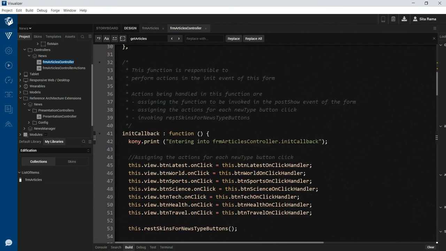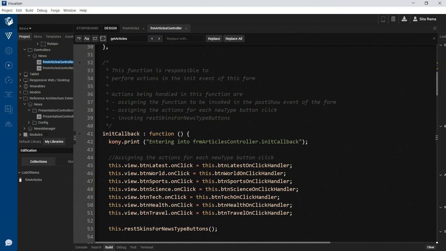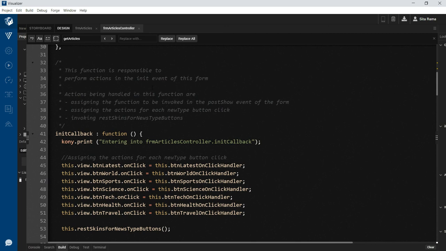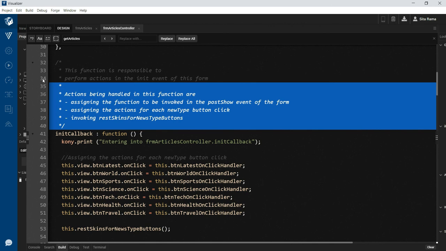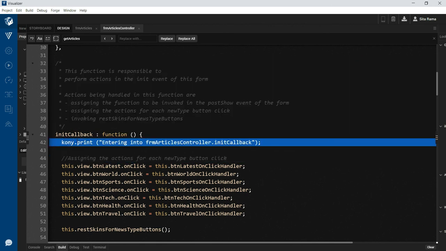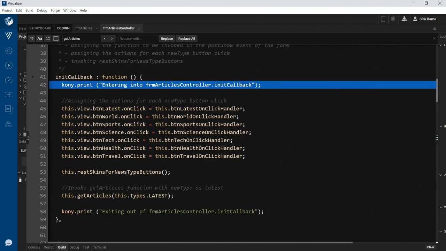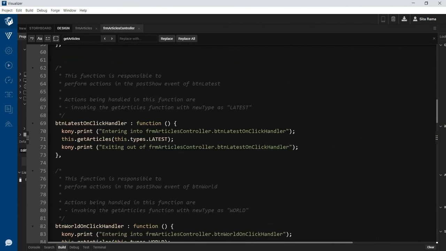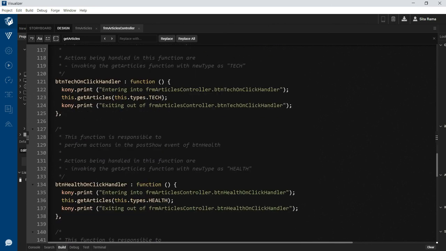One more element that we want to mention here is that whenever you do an implementation either in the form controller or presentation controller or in a module, make sure you create proper documentation for the implementation that you are doing, and also you create all the logging that you want to have as part of your application.